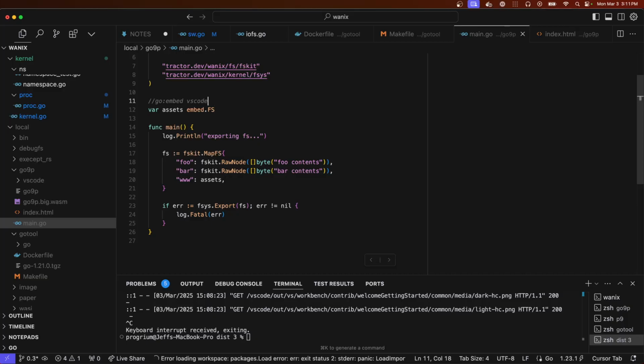Let's see. So that would be, that puts VS Code in assets.